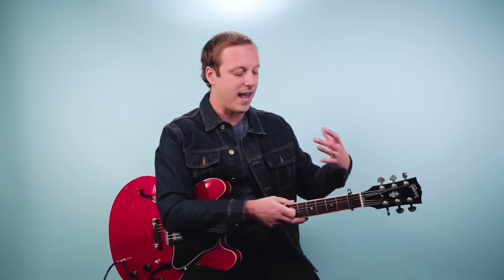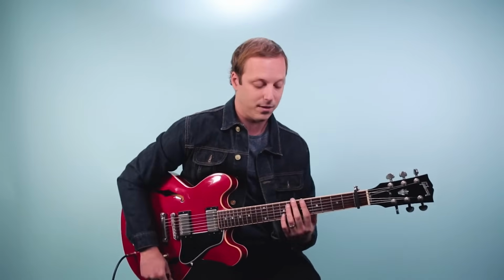So there you have it. That's how to play Johnny B. Goode. Now keep in mind, I was calling out those chords as the capo chords, the guitar chords. So the actual key of this song is B flat, but when we use the capo, we're playing it in A. So it's a little change there, but again, if you play this along with the recording, it's gonna sound great. So work out those rhythms, and then as you keep going, you can work on getting more of the